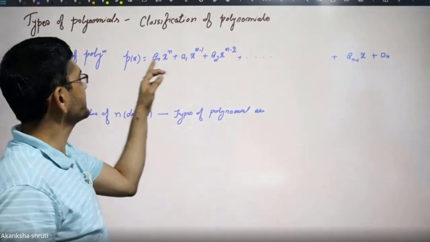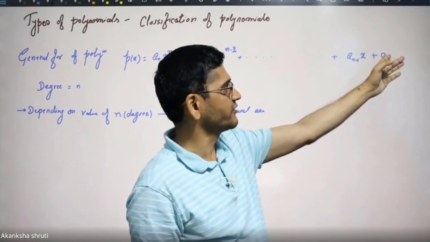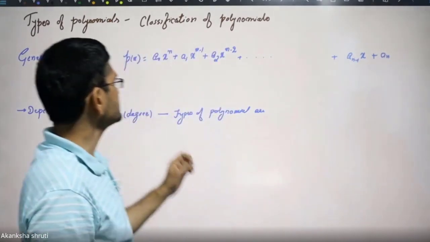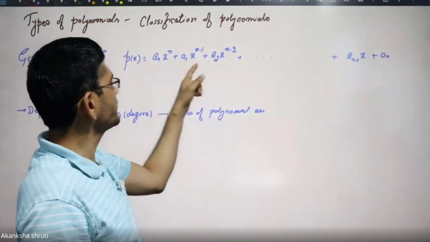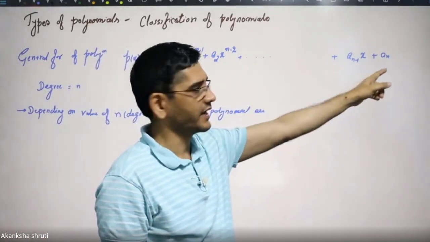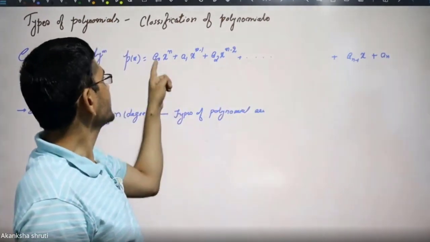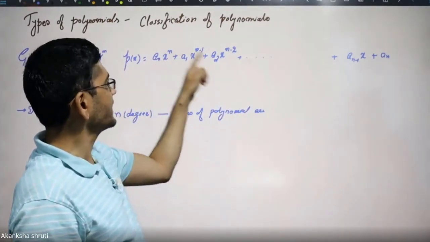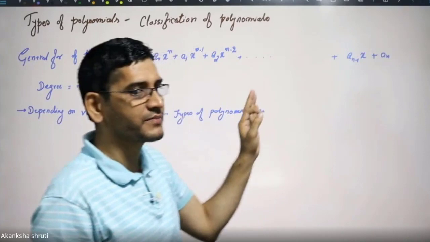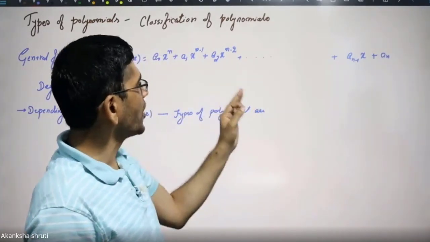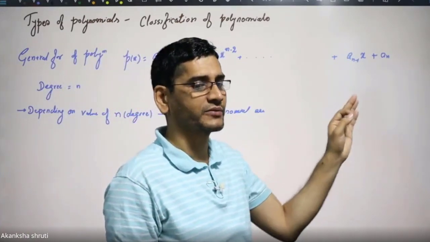Here we are getting that the power or exponent of the variable x is continuously decreasing till we are reaching the last constant. Each of these are called as the terms. In this a0, a1, a2, all these are called as coefficient. It must be a real number. The other one, power to this x, say n minus 1, n minus 2, means any power to this x or exponent of x must be a whole number. It cannot be negative, it cannot be fraction, it cannot be irrational, it cannot be decimal, etc.